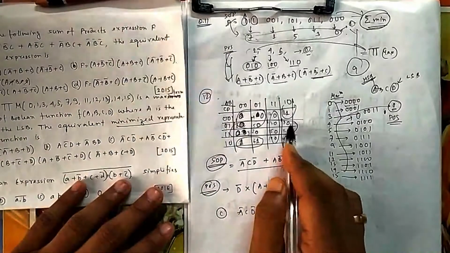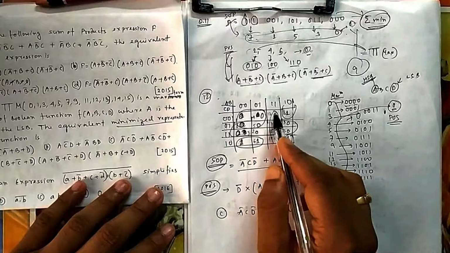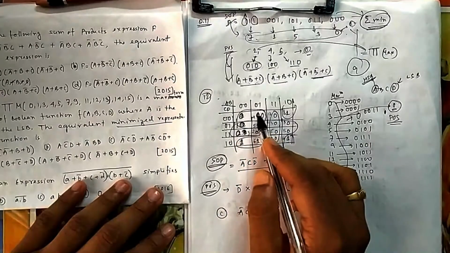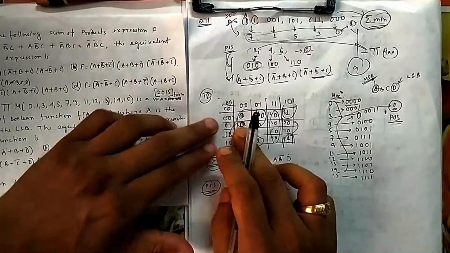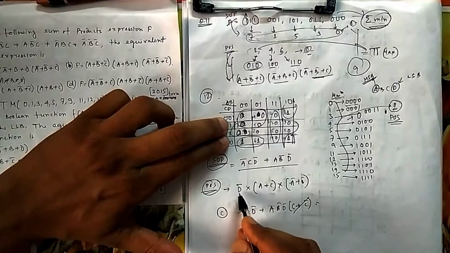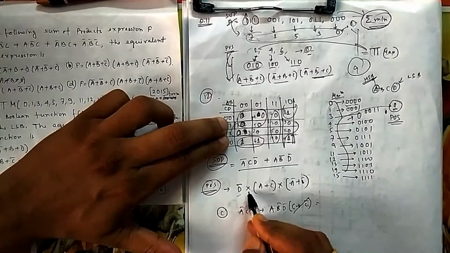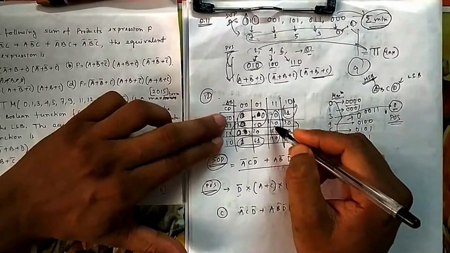So in POS, this is an octet, so you take the octet, and then this one you can take a quad, and then you can take another quad. So all zeros are completed. Okay, so if you take this octet, which one is not changing? This AB is continuously changing, so here D is not changing, but D is 1, so in POS it is D bar, multiplied by the next quad. So this is a quad in which AB is not changing.